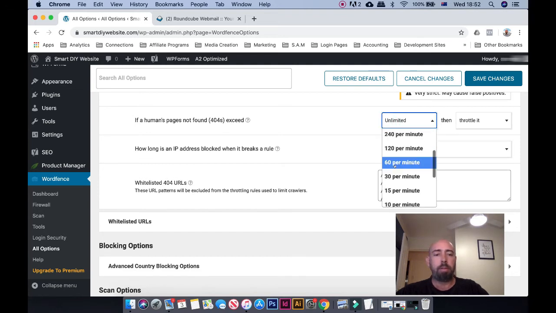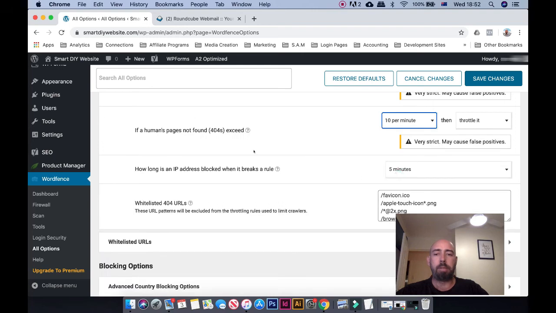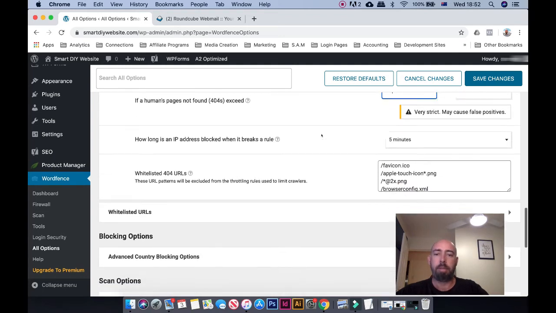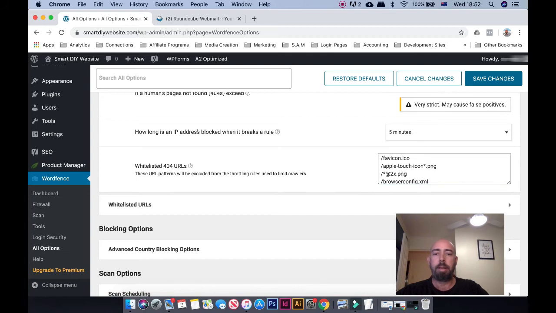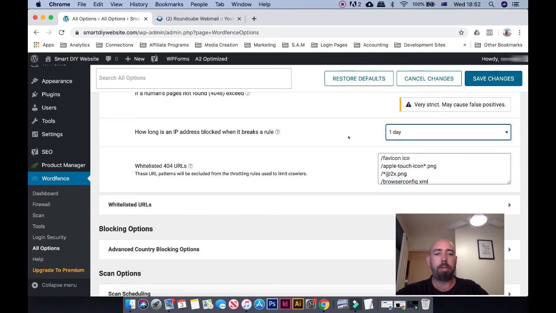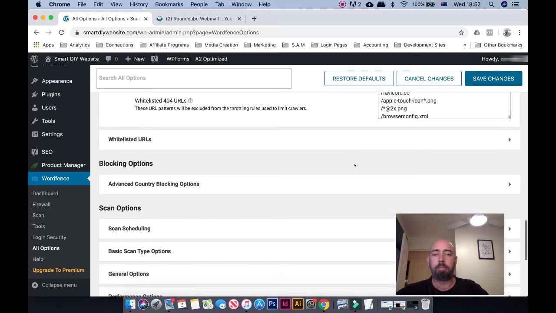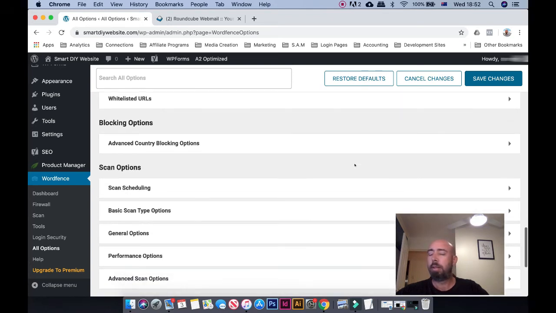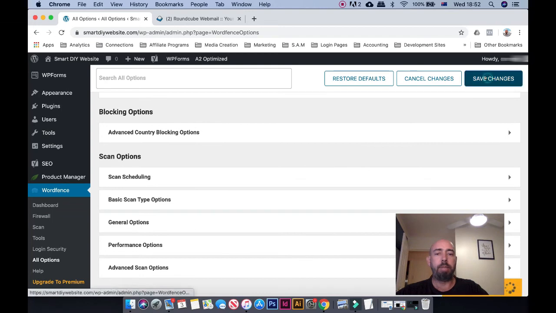404s. So if someone's clicking to a page that doesn't exist in your website, they're going to get a 404 message. And if they're going to do that more than 10 times in a minute, we'll slow them down. And how long is an IP address blocked? When it breaks a rule, I'm going to change this to 1 day. And I'm going to go here to save changes. So that's our WordPress firewall